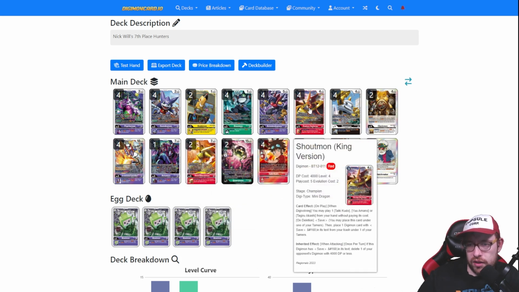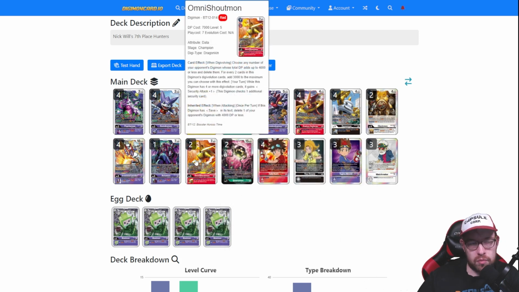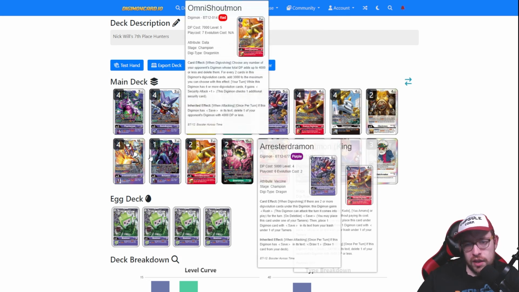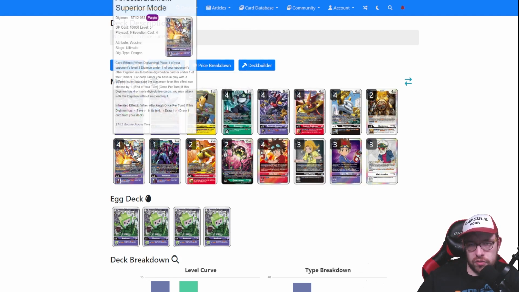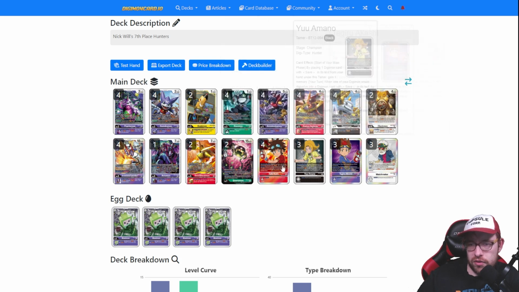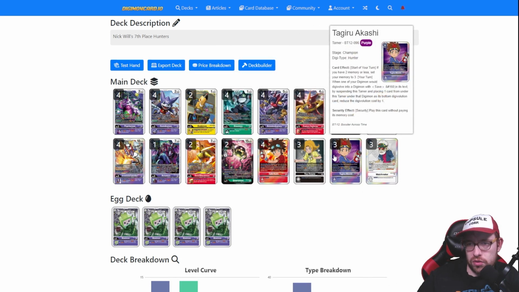-2k, which can stack really nicely with the Shoutmon King version, or the Omni Shoutmon to get rid of some of your opponent's cards. Domimon and King version being able to play your Tamers for free, and then also Arrestramon giving Rush, Arrestramon Superior Mode being able to get one of the best removal in the game, which is nice. And then you also do run the Astamon into the Quartzmon stall, control package if you really need to. And then you have the standard Tamers, 4 Taikis and 3 of each, the Yu, Toguro, and